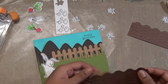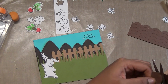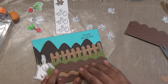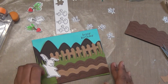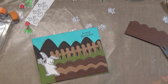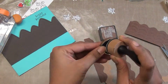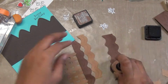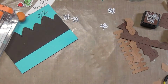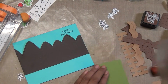If I'm using watercolor paper or coloring it, then obviously that variation comes naturally. I distressed those borders also, but they didn't get that much effect, so I decided to add layering of all those. So now you can see what I'm creating, and I just want to put one flower in the bunny's hand, so it feels like the bunny is using his hand to pick those flowers from the field. I'm using distress ink here, a little bit, to get more dimension to it,